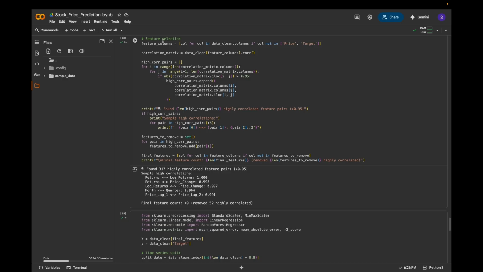Next, we move on to feature selection. So feature columns is equal to for col in data clean columns if not col in price and target. Basically, this creates a list of all the potential predictive variables, such as lag variables, moving averages, and technical indicators. Next, we calculate the correlation matrix for the features by using correlation matrix equal data clean